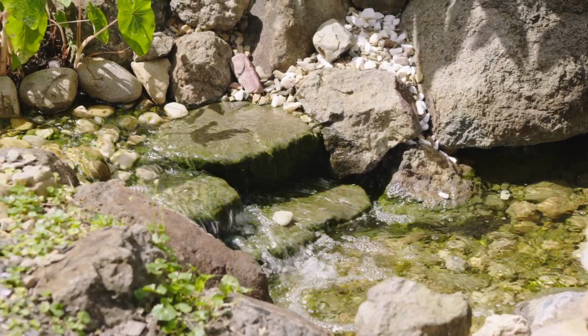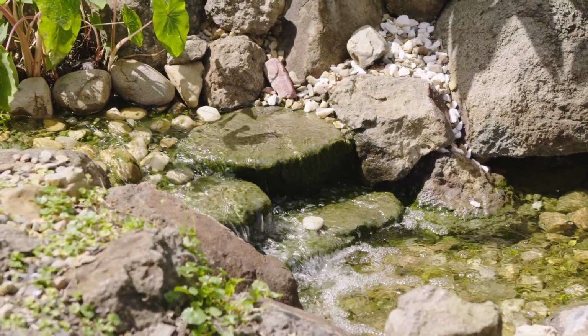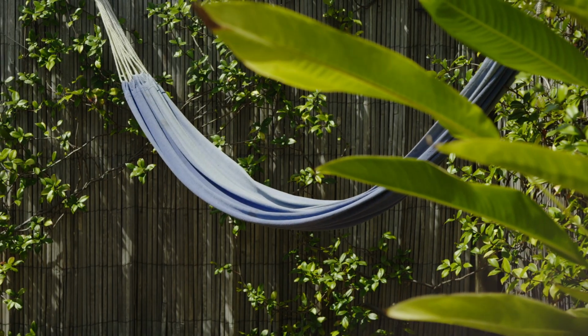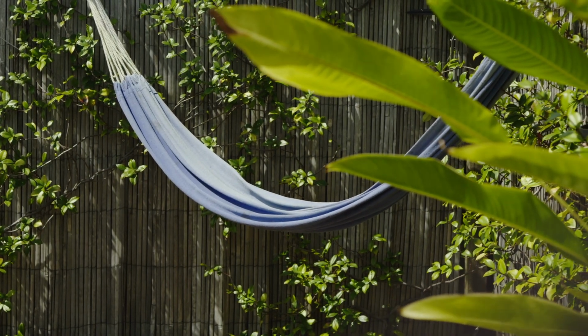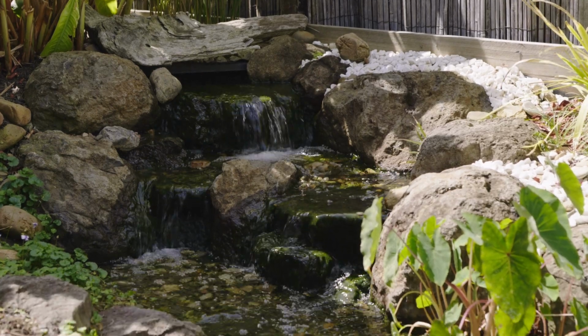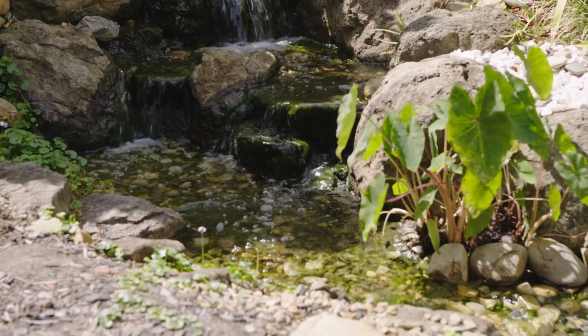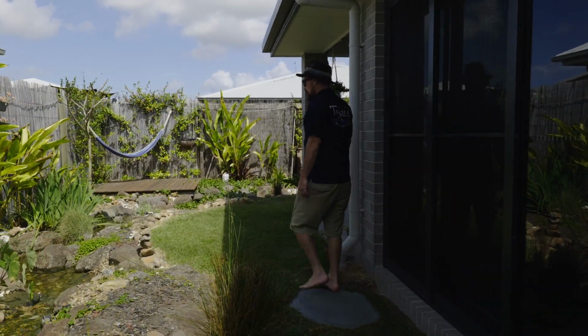Part of the design was he wanted a little deck over to the corner here, somewhere to hang out and sit by the water and read a book, sit in a hammock, whatever. He also wanted somewhere as a bit of an entertainment area, a bench seat to come and sit on and a barbecue area here for entertaining. And as we keep going,